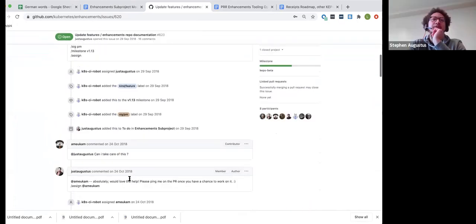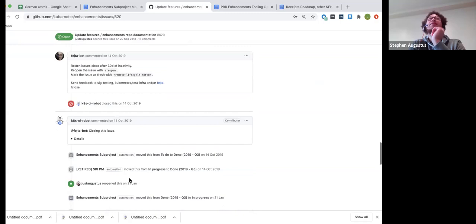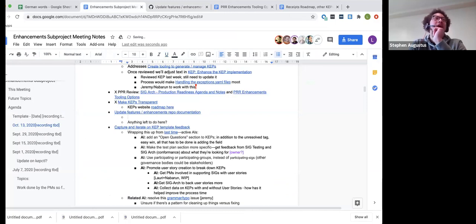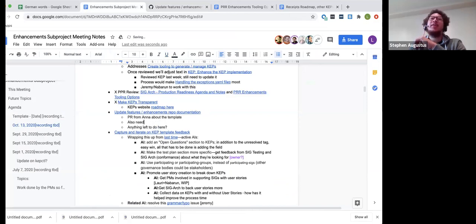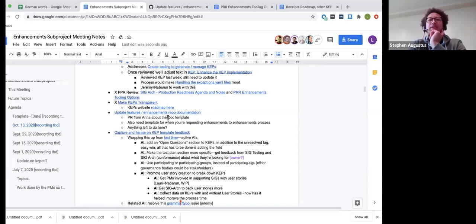So I noticed that we do not have the PR templates. The PR templates could use updates. I think there is an update in flight from Anna about the docs within the PR template. I still owe a review there. We also need a general template for when you're requesting enhancements to the enhancements process, right? So features for enhancements that are not enhancement issues. Oh, enhancements to the process. Yeah, like 617 kind of stuff, right? Yeah. Okay, so we have Anna's pull request about the docs template, then this other enhancements template. Anything else besides that? Switch back to the issue real quick.